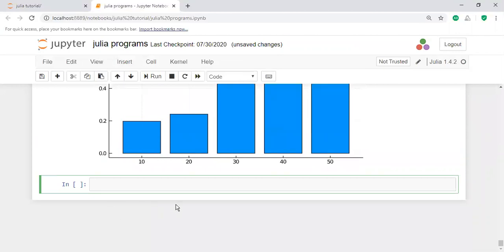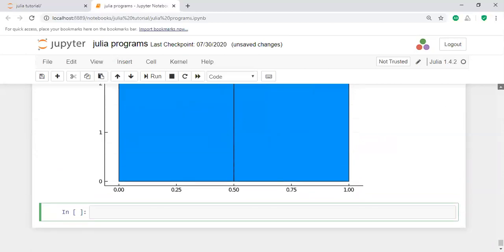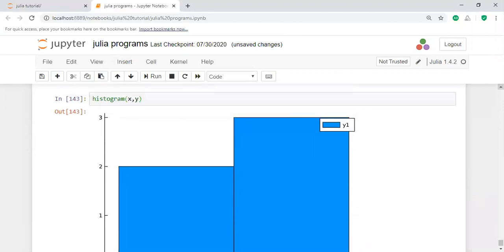Similarly, the histogram function: it will take x comma y and display a histogram function like this. Yes, it is not showing anything here. That means for the histogram function you may apply a single y value, only one value.